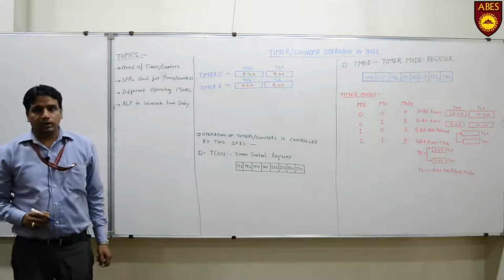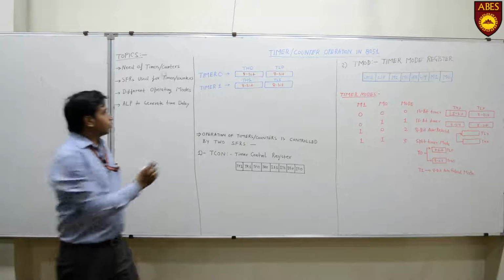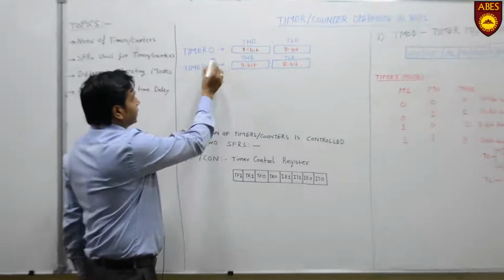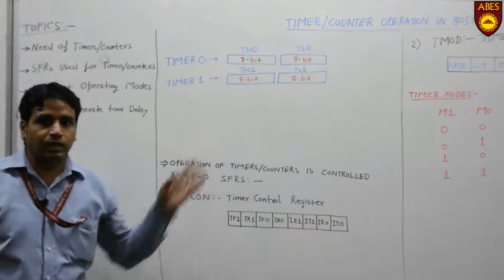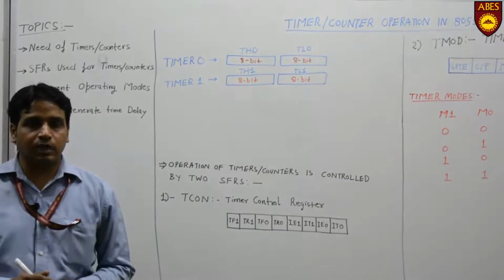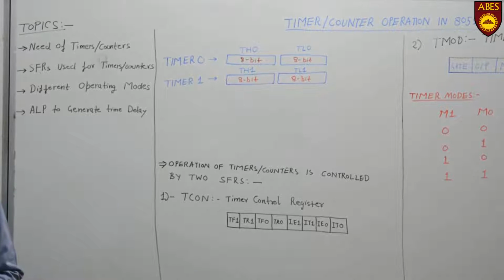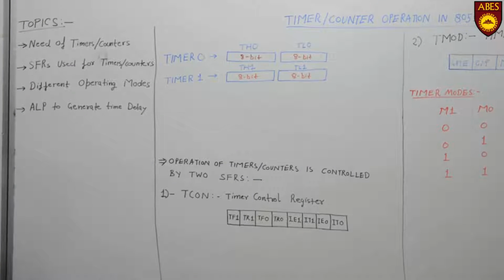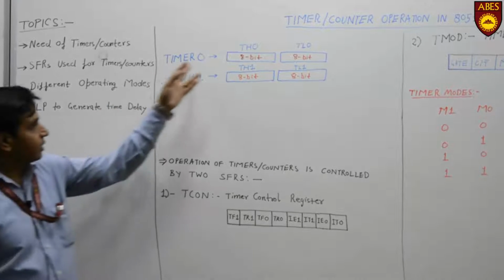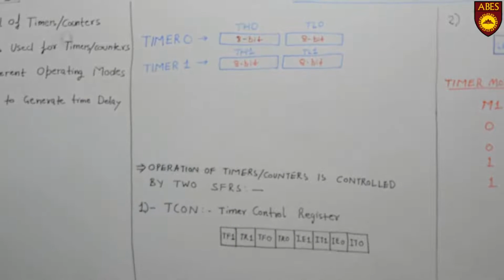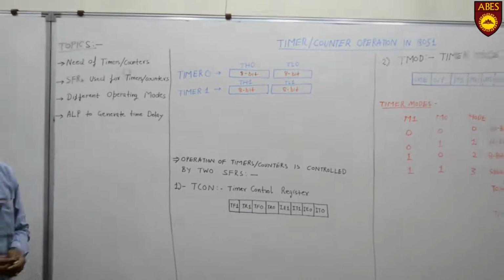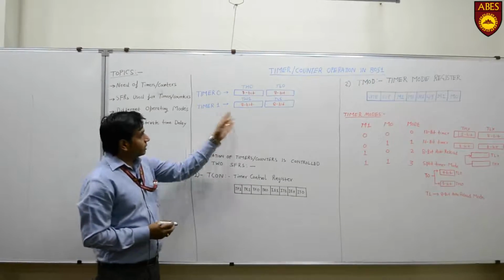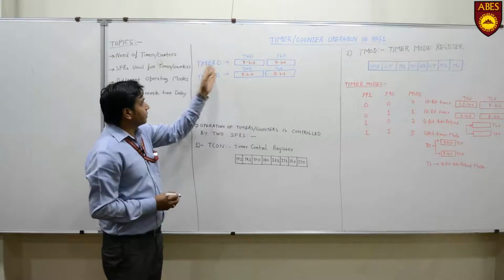So for this purpose, the 8051 microcontroller has got two 16-bit timers that are named timer 0 and timer 1. We will see how we will use these timers to generate the time delays, and also we can use these timers for the counting of events. One important point to note here is the same circuitry can be used as the timing control, and the same circuitry can be used for counting the events. We will see later how we can use it for the timing applications and how we can use it for the counting applications.